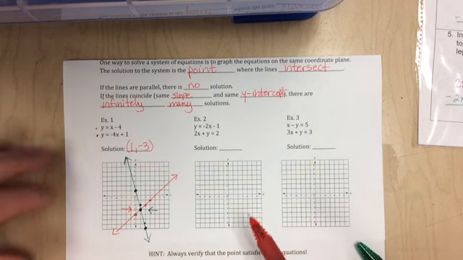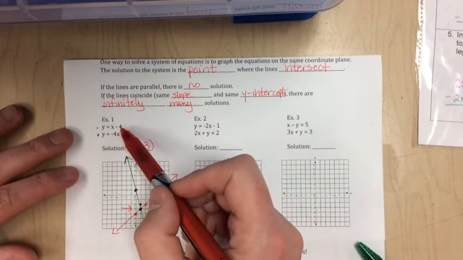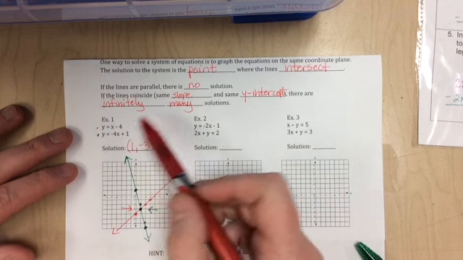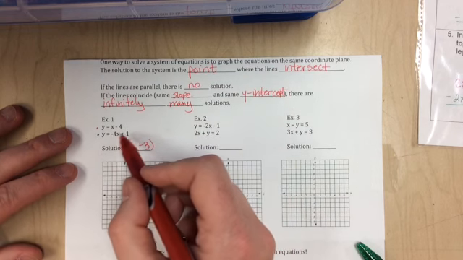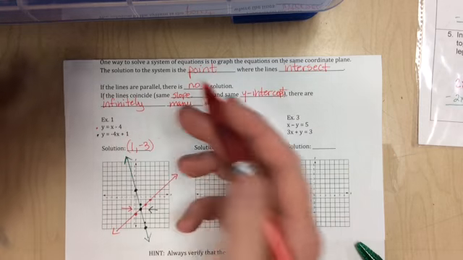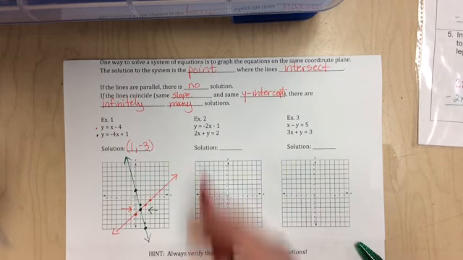Now let's check to make sure. What is 1 minus 4? Negative 3. So that worked. And if I plug in 1, negative 4 plus 1 is negative 3, it worked for that one as well. So let's hop over here to